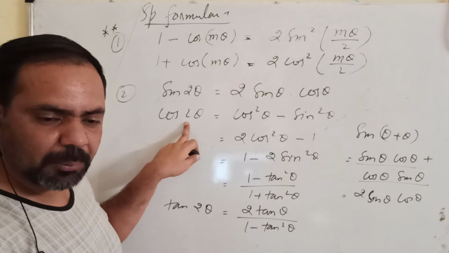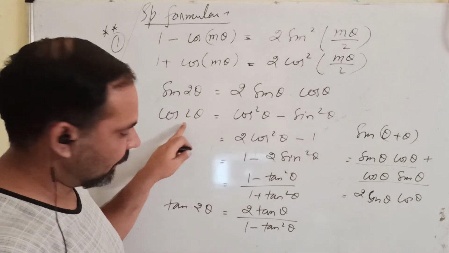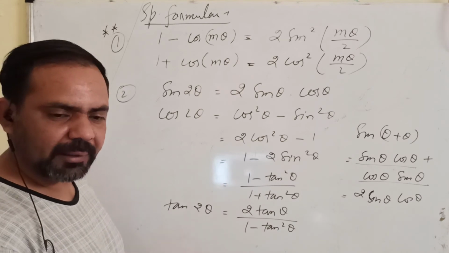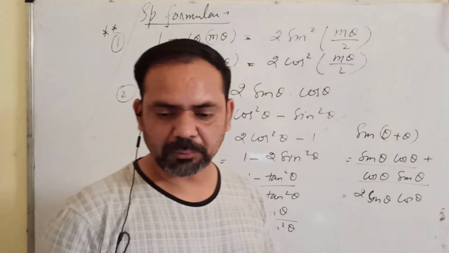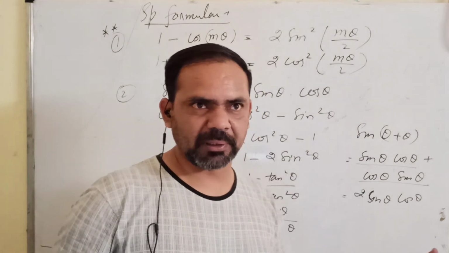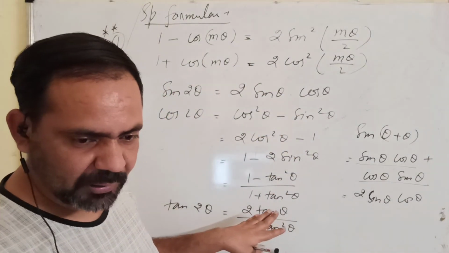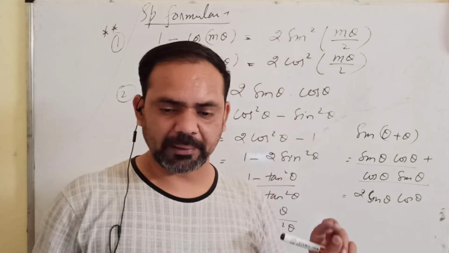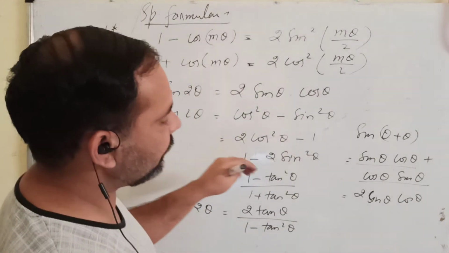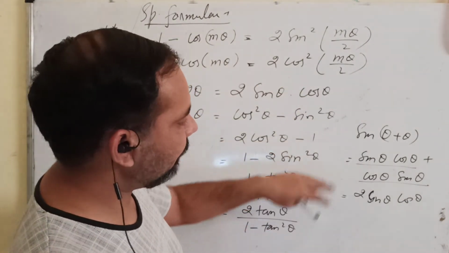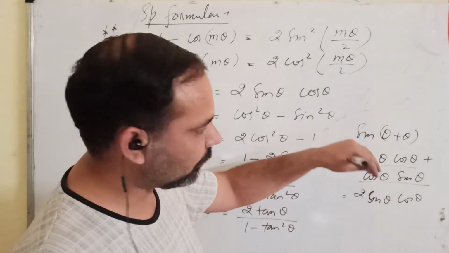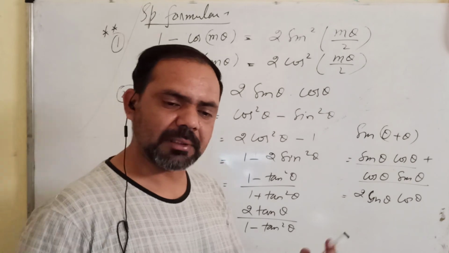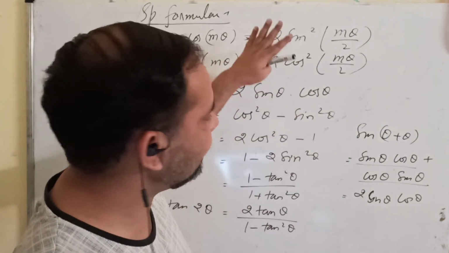Similarly, you can obtain cos 2 theta as cos theta plus theta and then apply the formula for cos A plus B. Here tan 2 theta is tan theta plus theta, and again apply tan A plus B. So by those formulas, you can obtain these formulas, and whatever I am writing here are the simple direct formulas. Okay, you will have to remember them, because every time you cannot go for solving and deriving the formula. It is not possible, as the time is always limited during the exam. So you will have to remember these formulas.